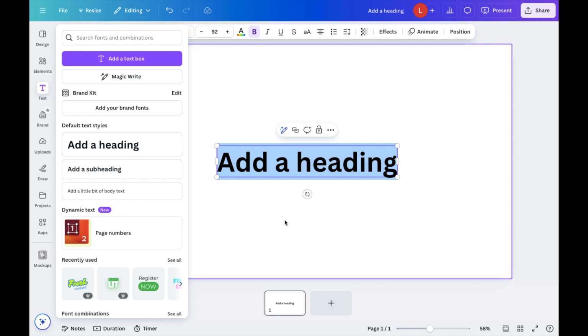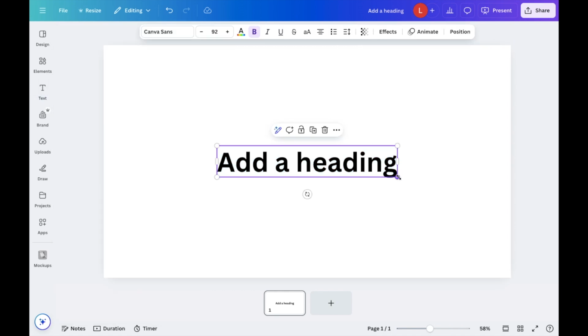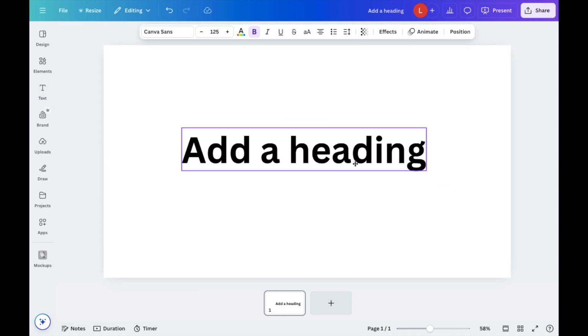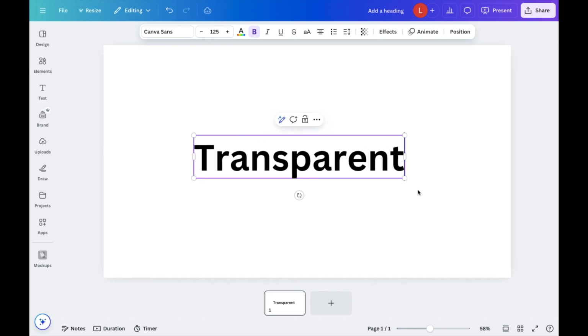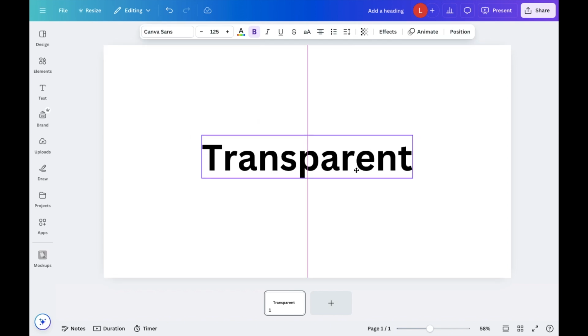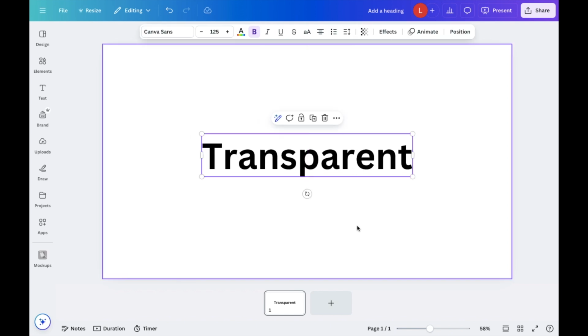I'll go ahead and press on add a heading. I'll make the text a little bit larger so it's easier for you guys to see. And I'll just type in the word transparent. Very straightforward. Now, what this basically means, in case you guys are unfamiliar, is just sort of how see-through the text is. So as of right now, there's no transparency with this text, but if you want to edit